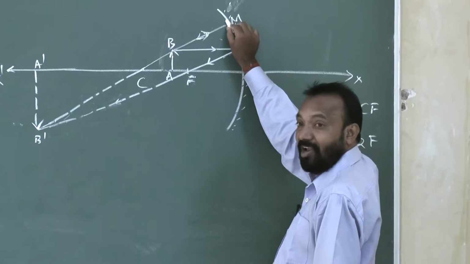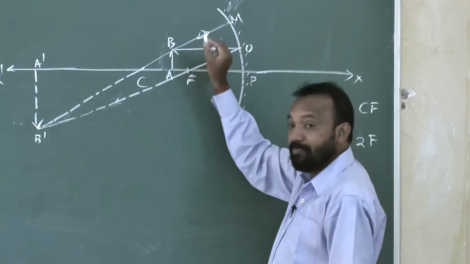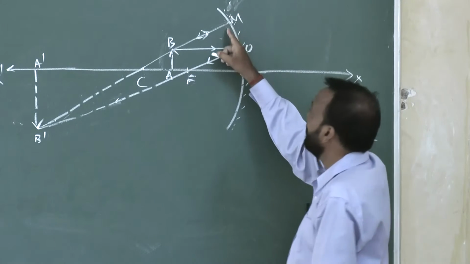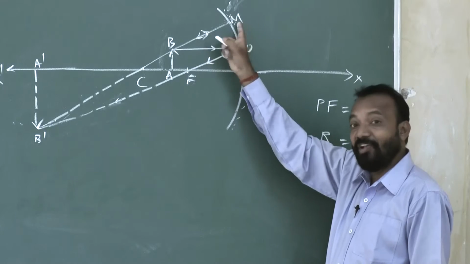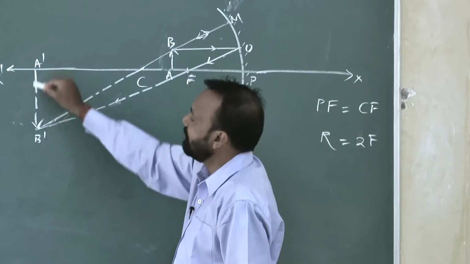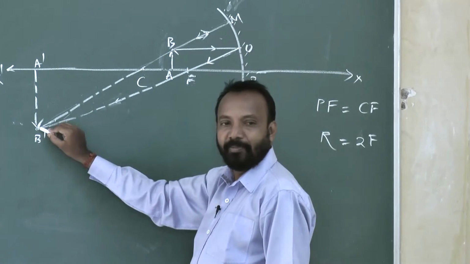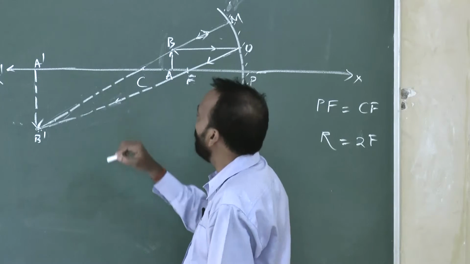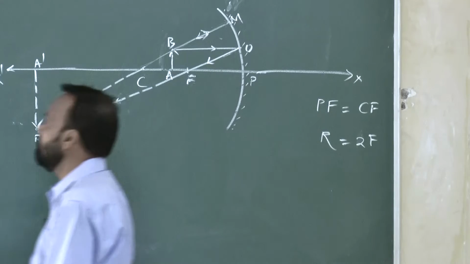So this is the first incident ray, and this is the second incident ray. The second incident ray falls on the mirror and returns back. What is happening here? The incident light is falling perpendicularly, at 90 degrees, a right angle. That is why it returns along the same path. It is passing through the center of curvature. The first reflected ray and the second reflected ray meet at a point, and the image is formed beyond C.